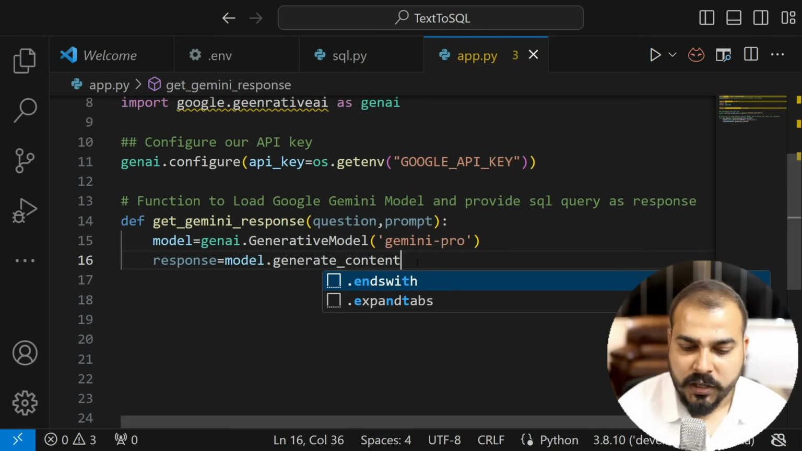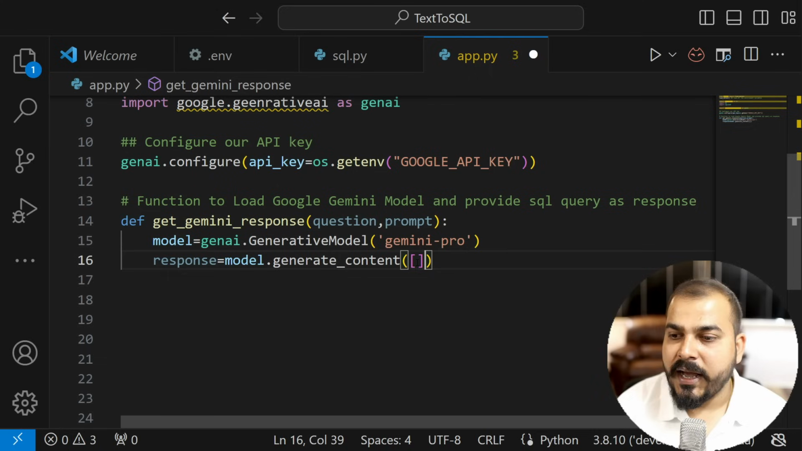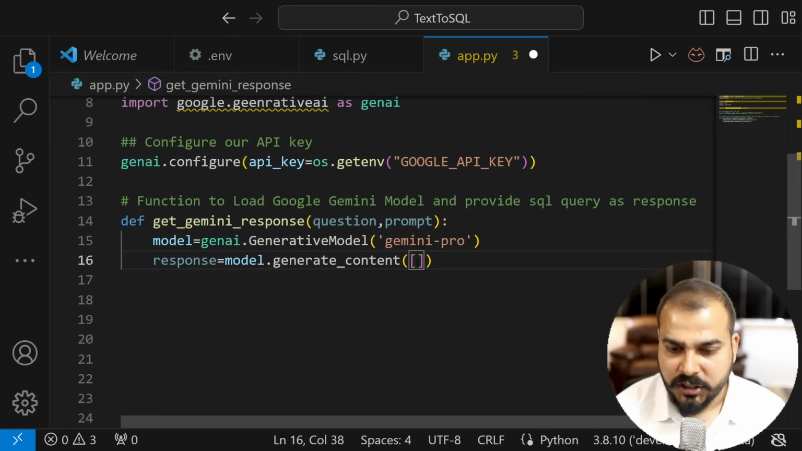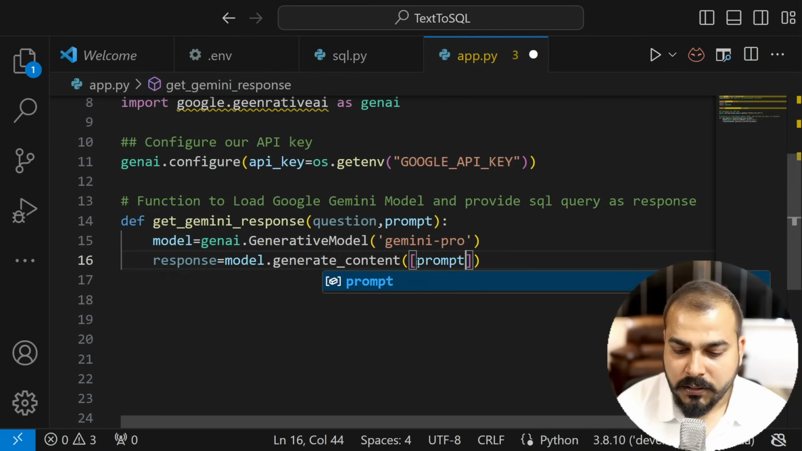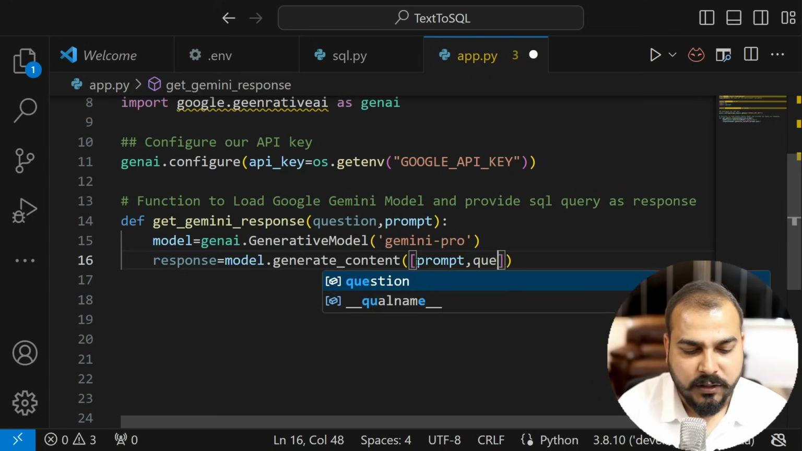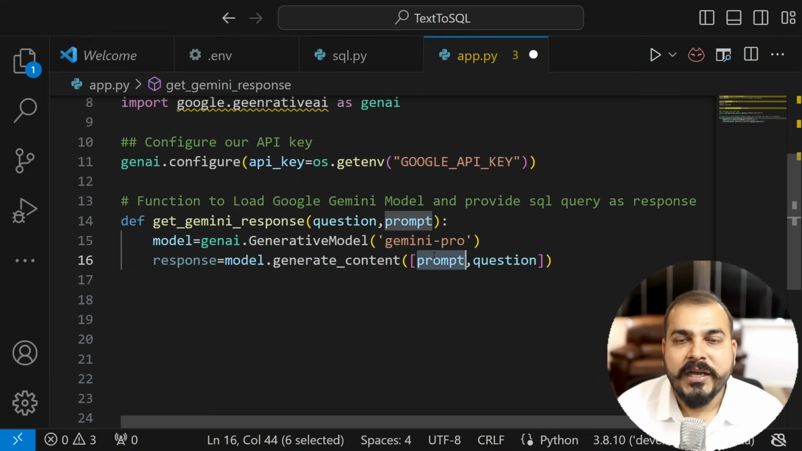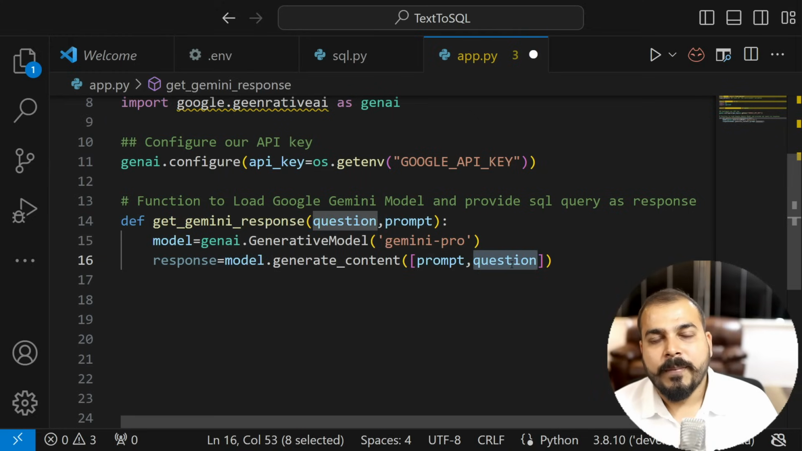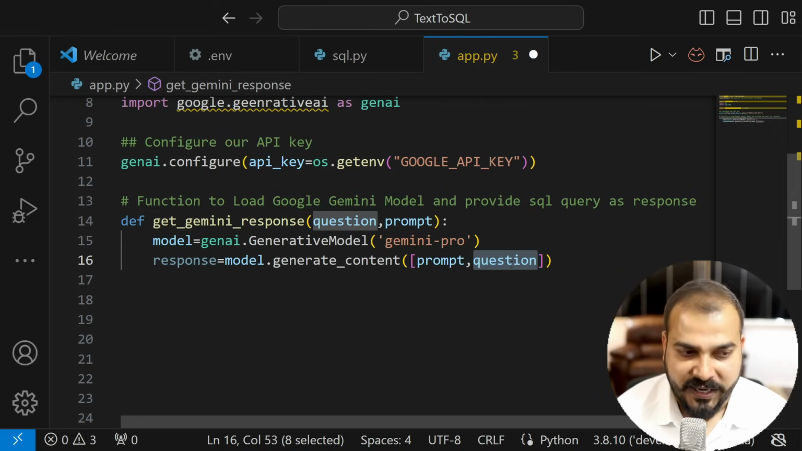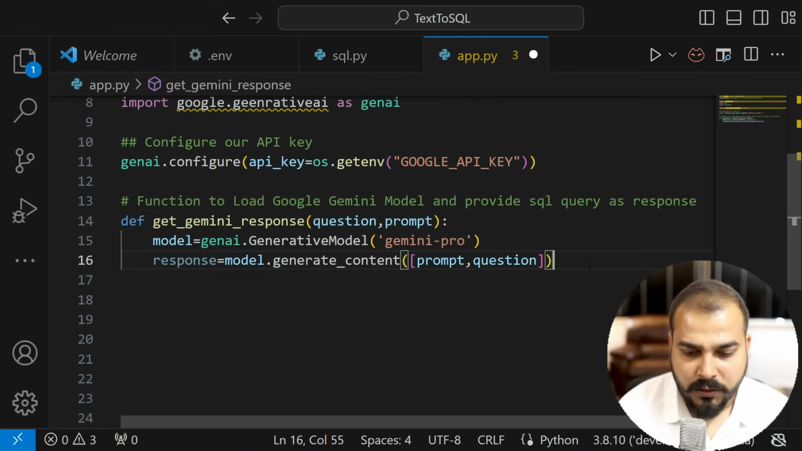So this generate_content is the function where I will give two important pieces of information. One is the prompt, and the second thing that I'm going to give is my question, right? The first parameter that you see over here, we are basically saying from this prompt how this model should behave, and this is basically my question, my natural language text, which I really want to convert into a SQL query. And then finally we will go ahead and